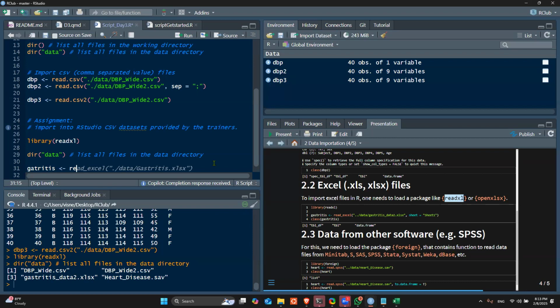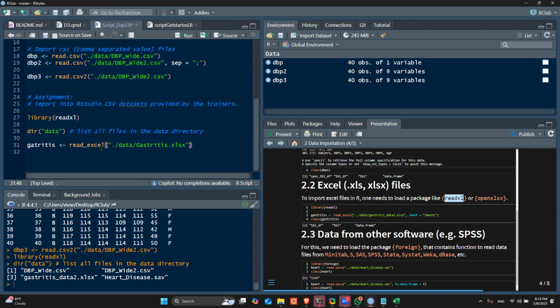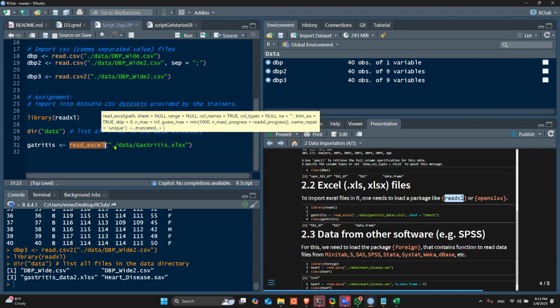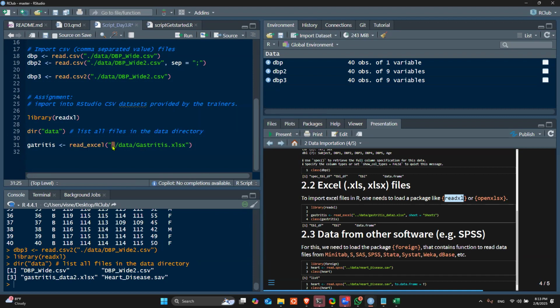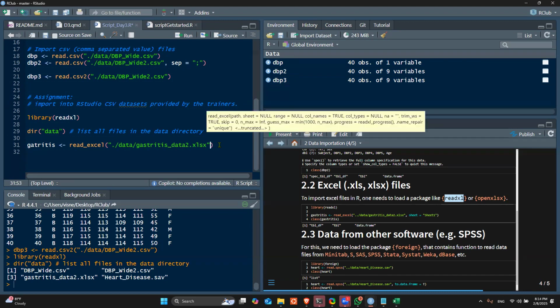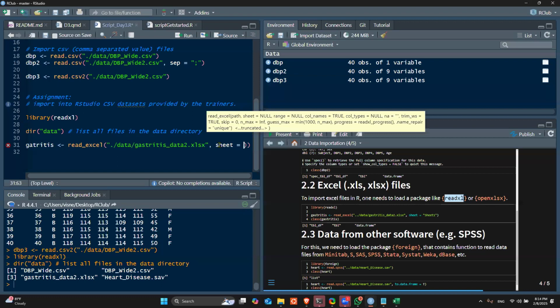And under the package now, there's a function read_excel, like this. So with read_excel, I want to go from my current location into the folder data. And inside the data folder, I want the file gastritis_data.xlsx. Now, there's another argument I want to introduce. The argument is called sheet. Yes, sir. Hello? Yeah, Julius, before you go to sheet, I just want to remind them that for beginners,